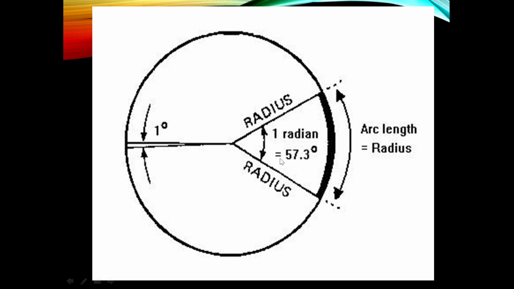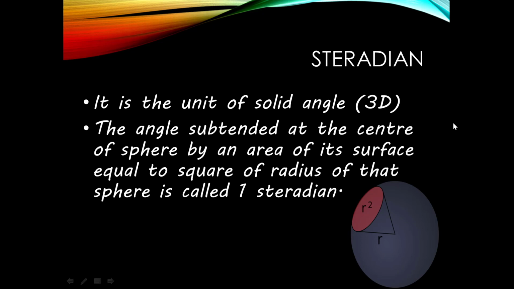1 radian is equal to 57.3 degrees. So this is 1 degree and this is 1 radian. Quite a bigger unit than degrees. Okay. So if we are going to discuss the second supplementary unit, steradian, which is the unit of solid angle,